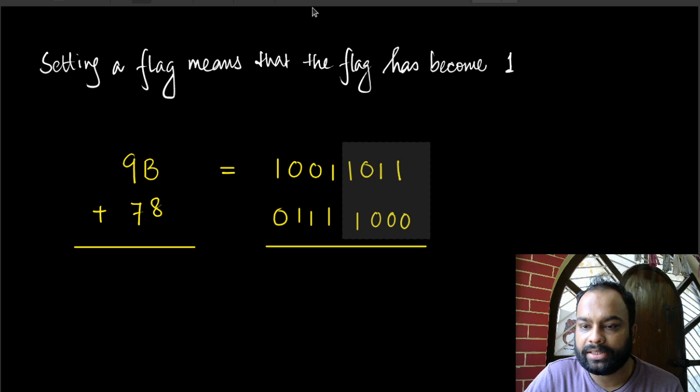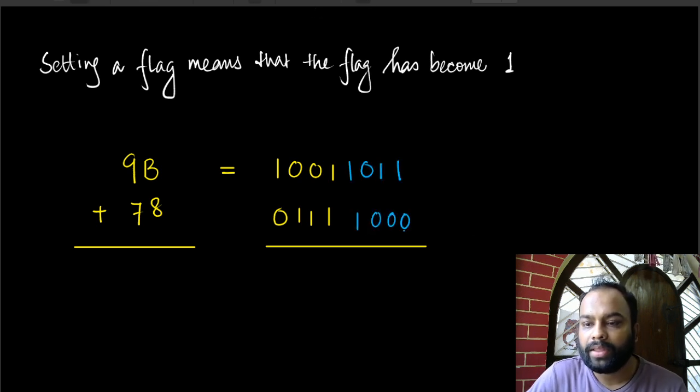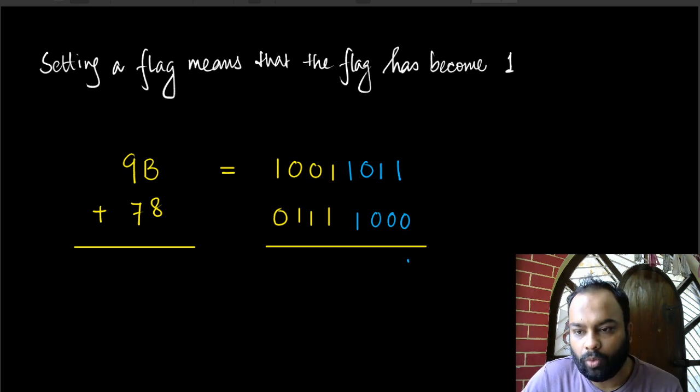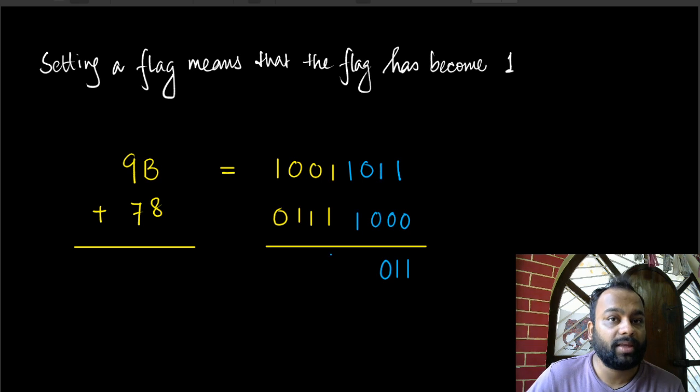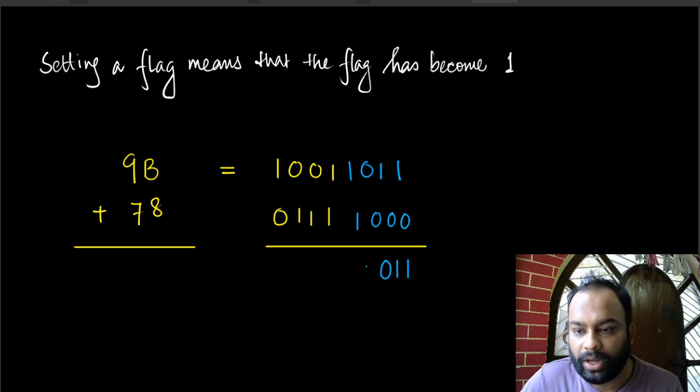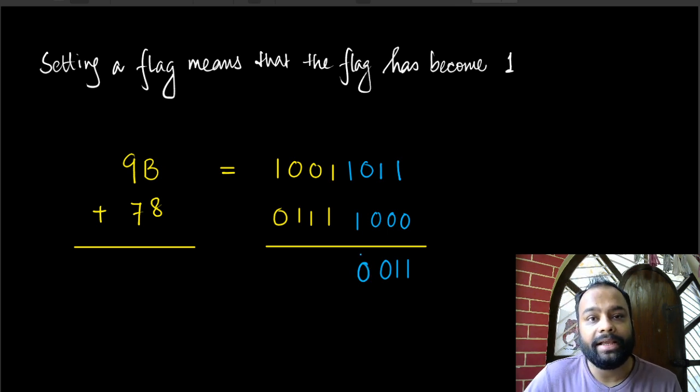Let's segregate these in a slightly useful manner. Let's give this a different ink. Okay, so 1 plus 0 gives you 1. 1 plus 0 again gives you 1. This 0 plus 0 gives you 0. This 1 plus 1, what does it give you? 1 plus 1 is equal to 10, right? So 0 remains and 1 is carried over to the